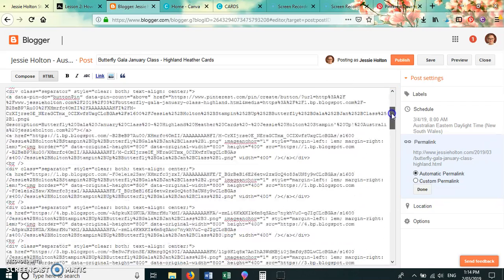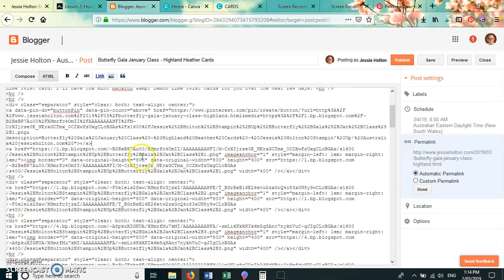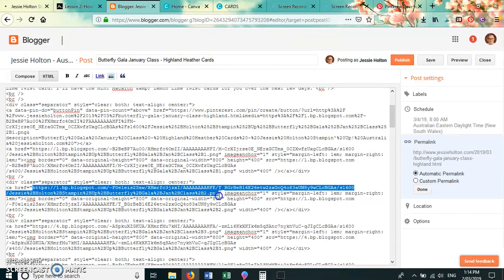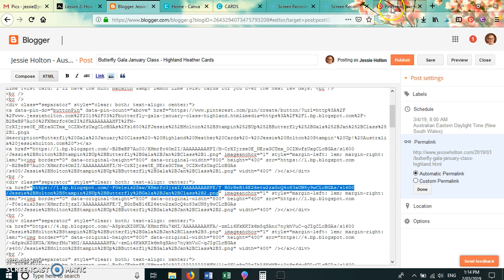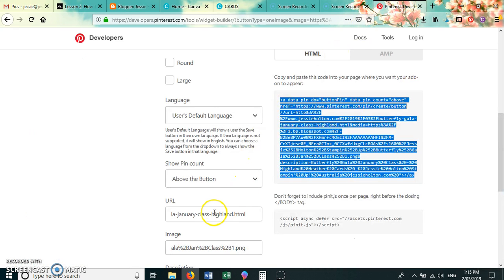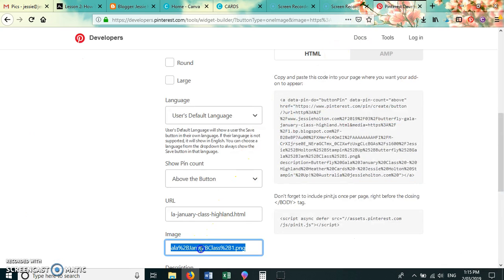So then we go down to the next picture, which is here, and the first one is a little bit harder because you've got to put all that extra information in the first time. So once you have that all set up, then you can just copy and paste the following pictures, and it becomes quite a simple thing to do. So we'll copy that, go to Pinterest, go to the image,